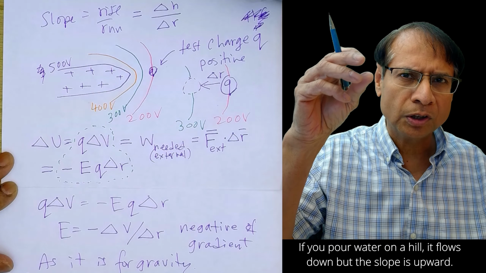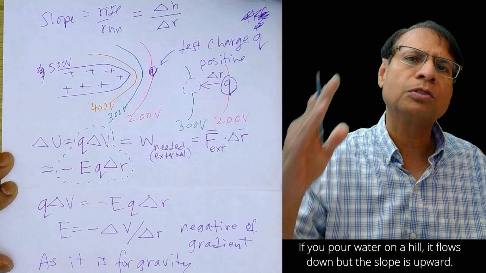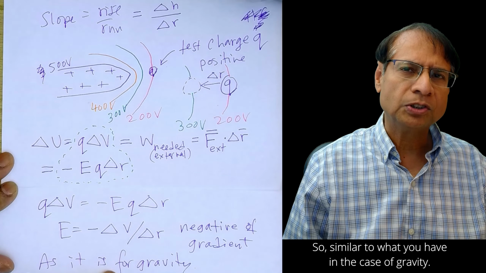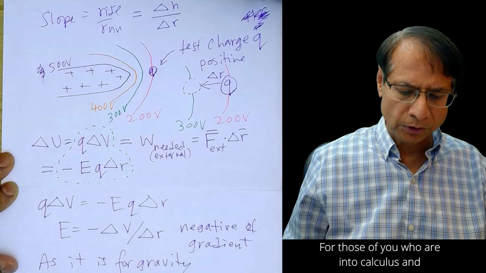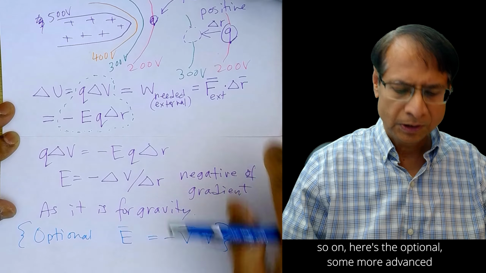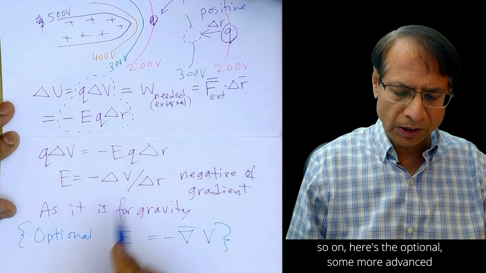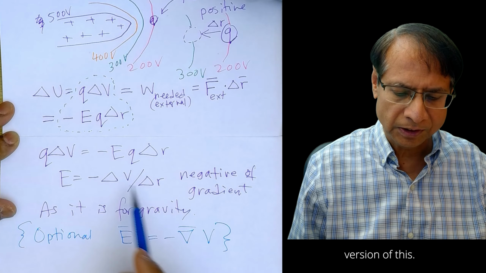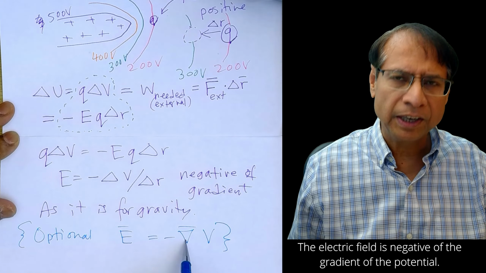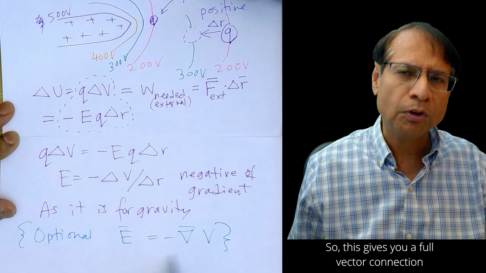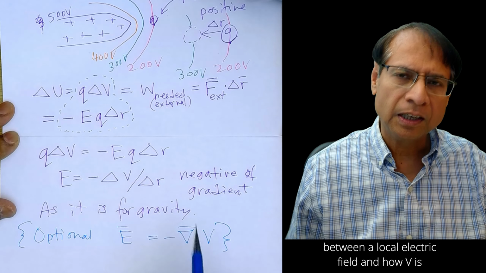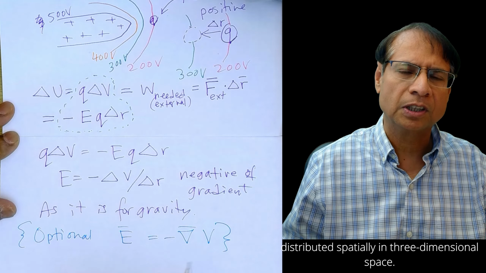If you pour water on a hill, it flows down, but the slope is upward. So hence the negative sign. So similar to what you have in the case of gravity. And for those of you who are into calculus and so on, here's the optional, more advanced version of this. The electric field is the negative of the gradient of the potential. So this gives you a full vector connection between the local electric field and how V is distributed spatially in